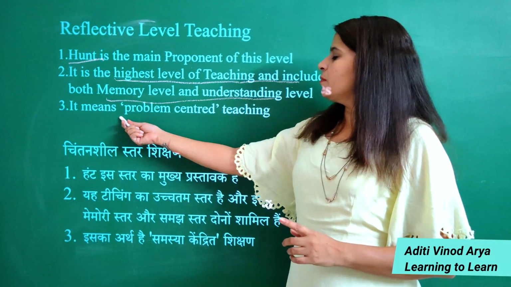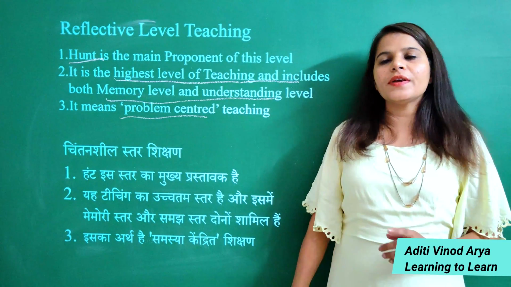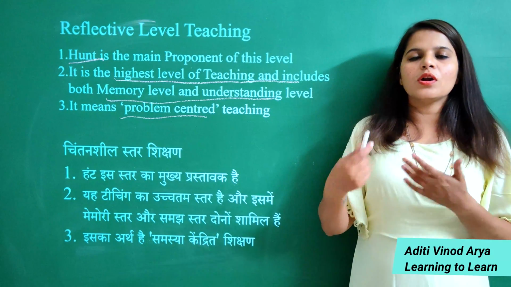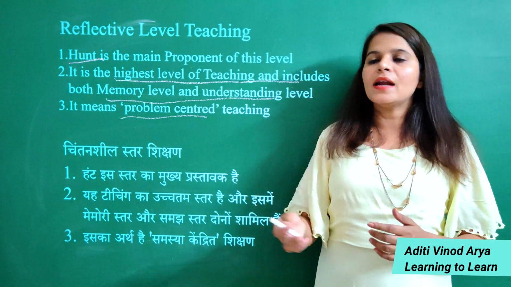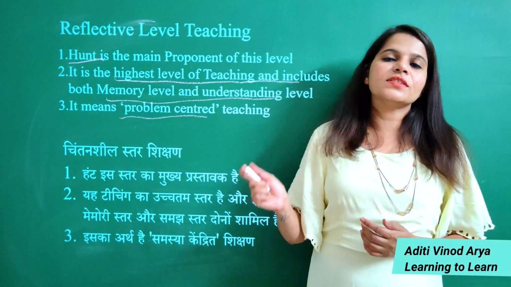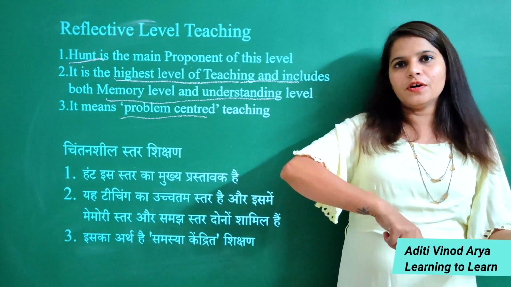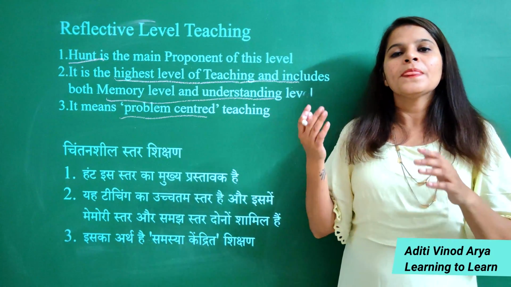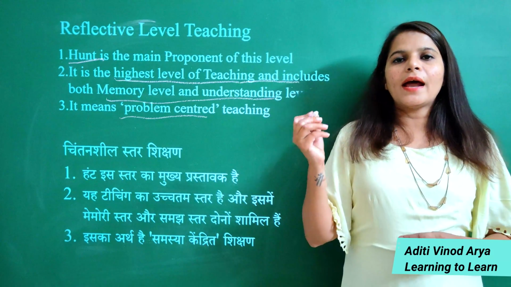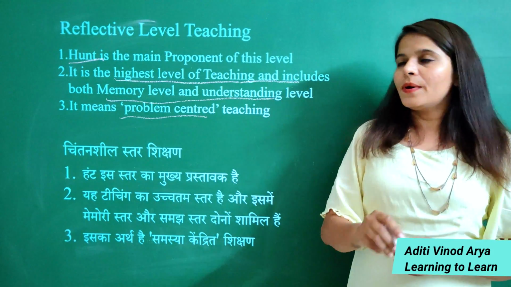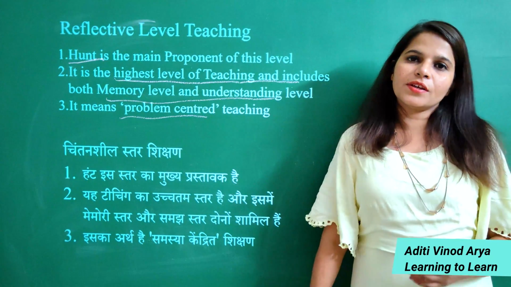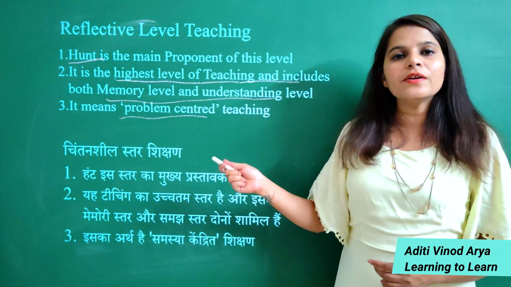Third, it means problem centered. So here problems are given and students are required to solve those. Okay, so this is called a problem centered technique. You need to understand that here the role of the student is primary and the role of the teacher is secondary. So the role is exactly reversed as compared to memory level. In memory level, the teacher has the primary role and the student has a secondary role, whereas in reflective level the student has the active role and the teacher has a secondary role, because here the student will decide,